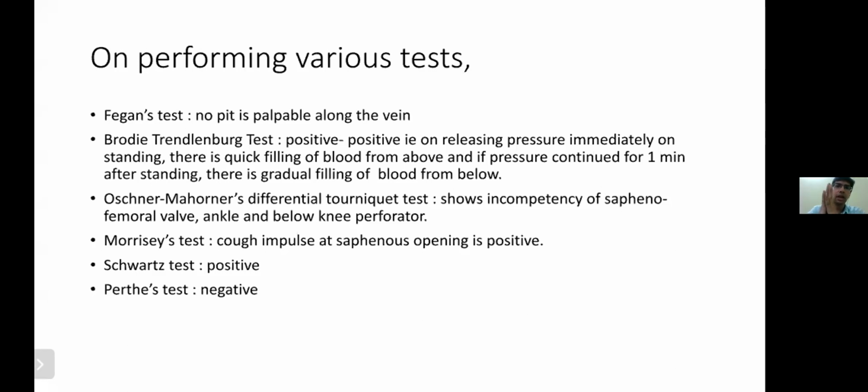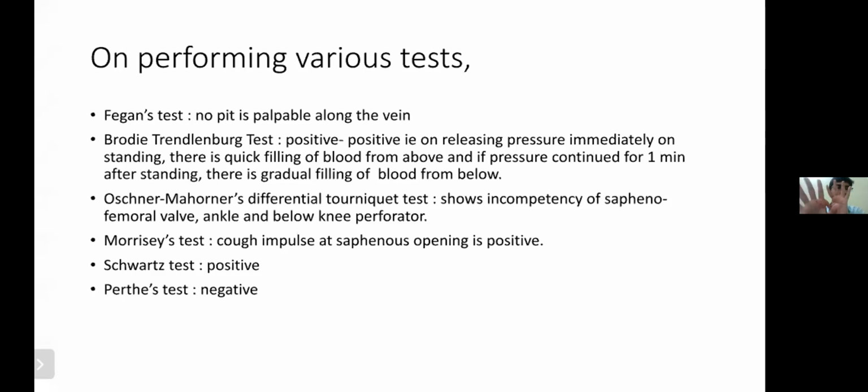Our aim is to let the patient live a life with fewer complications and a good condition of the leg, so that it does not go on to ulceration and deformity of the foot. If ulceration is present, you start with dressing and treating the ulcer first, and then do treatment for it. If not, you directly treat it conservatively first. Secondly, if not conservatively, you should know clinically what veins are involved. Either it is SFJ incompetence or perforator incompetence.